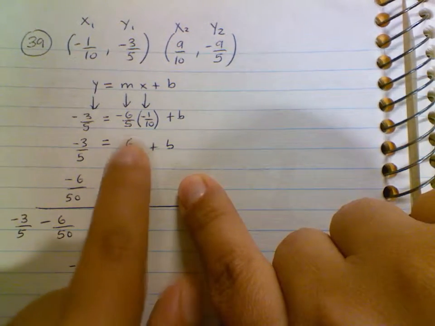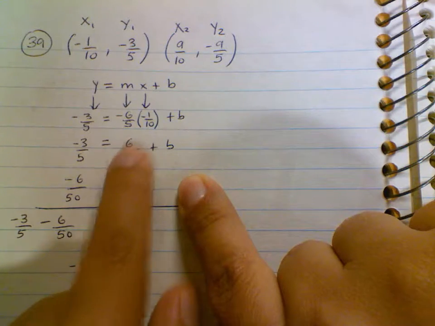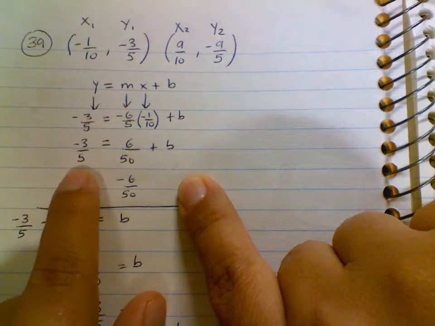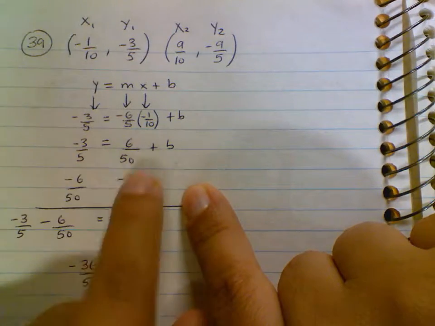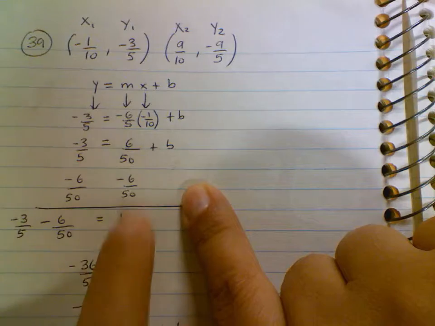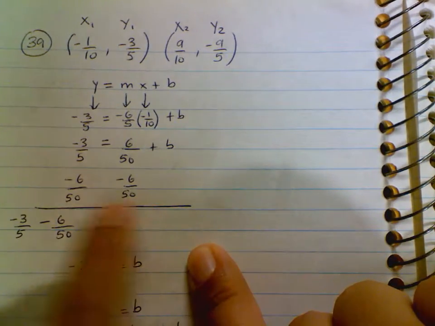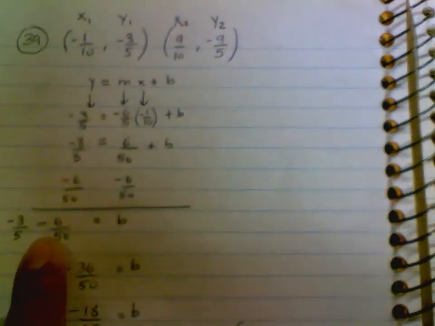I know that I can simplify, divide by 2 top and bottom. However, I do notice that I'm going to combine it with a fraction that has fifths. So I'm just going to leave it as 50 because that will be more convenient. When I do the subtraction, doing it right here step by step,